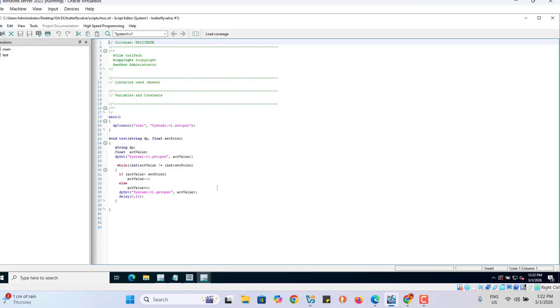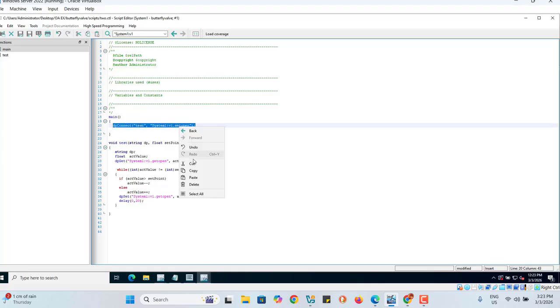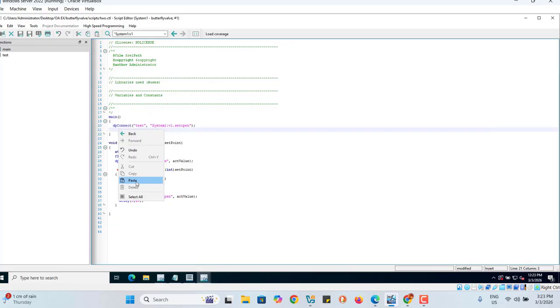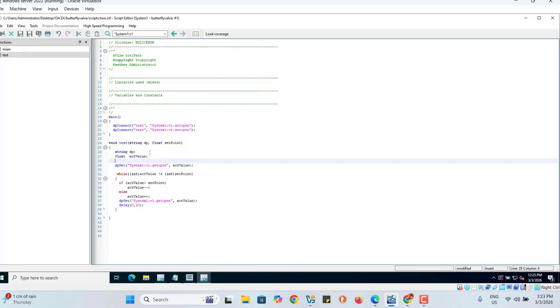Open this orange script, add DP connect. Oh, sorry, we just copy this one. Then go here. The first one is wall 1, second one is wall 2. Then here we add this one, string DP1, in here is the parameter. DP, in here we define the DP string equal